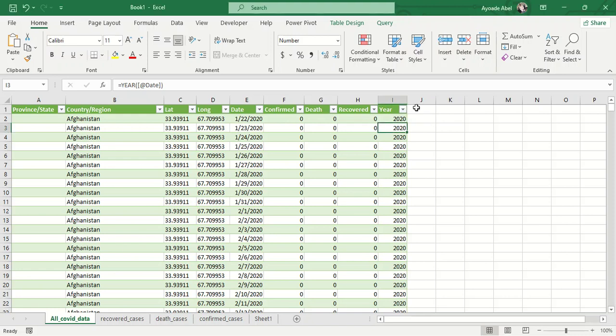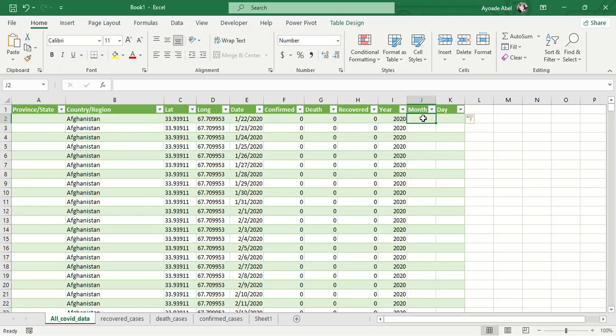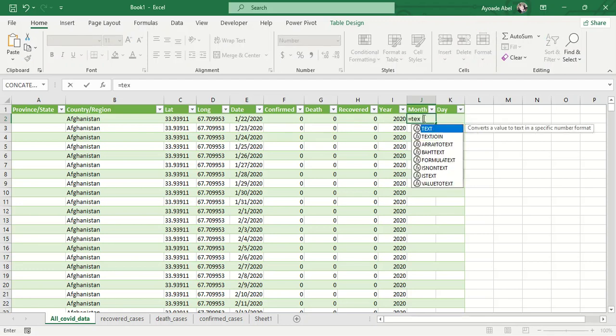So the next thing we want to get is the month, right? So that we can have that, and lastly will be the day. Now for the month, we can get the month by value, but that wouldn't make sense for our analysis, for the months to be showing 1, 2, 3 down to 12. So what we need is the name of the month, and we can get that by using the text function in Excel. Now we are getting the month from this value, and we need the month name, so we write